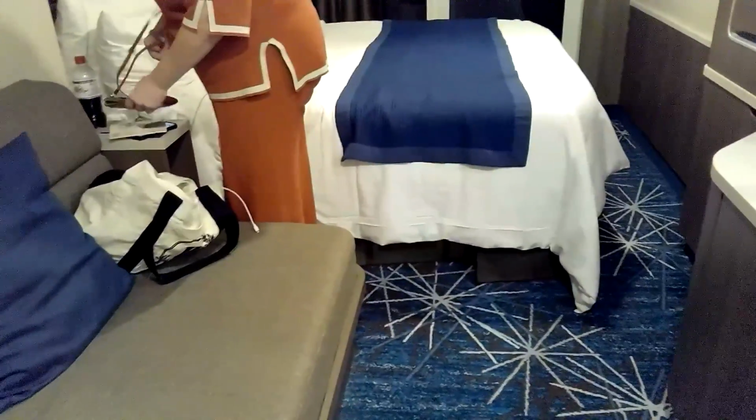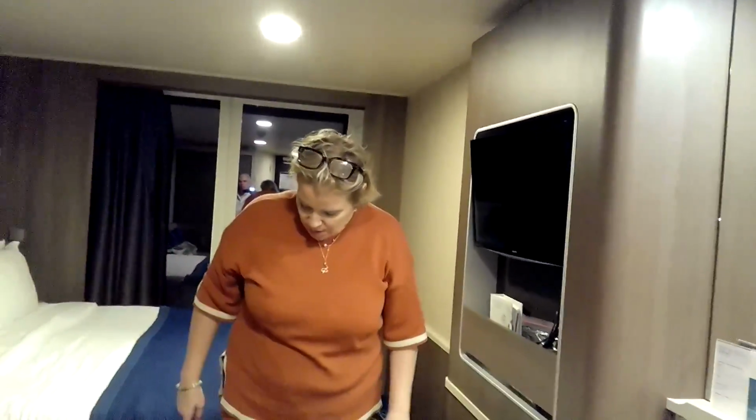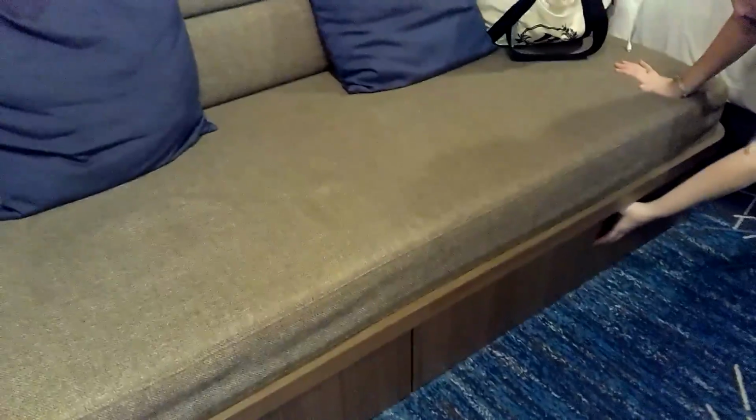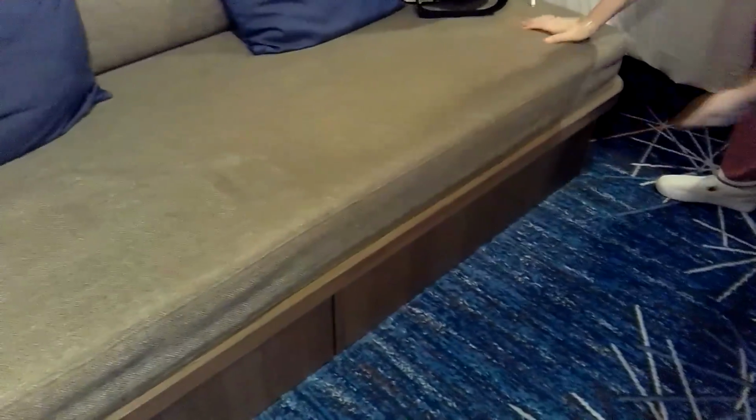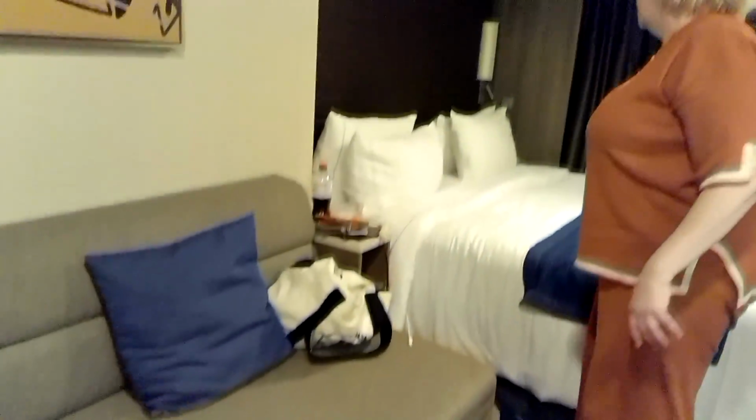Becky did put her suitcase down underneath the sofa. And there's Becky right there. Hi, you know what I didn't realize? These two things here are drawers. Oh, these are drawers as well. Oh, okay. Very nice. So if we wanted to move your clothes or my clothes or...